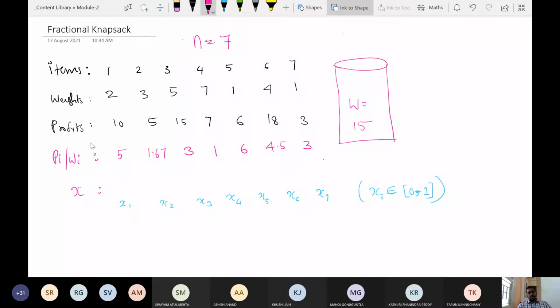And there is another parameter which is the profit. The profit of item number 1 is 10. Item number 2 is 5. Like that, for all the 7 items, you have the profit also. So if you define the problem, then this will be very clear. Suppose